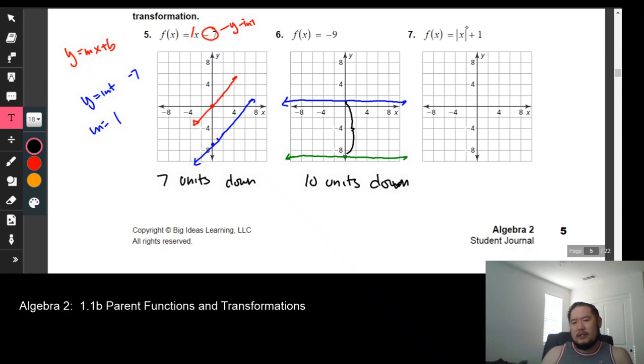They just say it went down 9 units, which is incorrect. Okay. Next up, number 8, we've got ourselves our absolute value. Now, what I'm going to discuss right here is that if we look at number 4, what we had before up above,